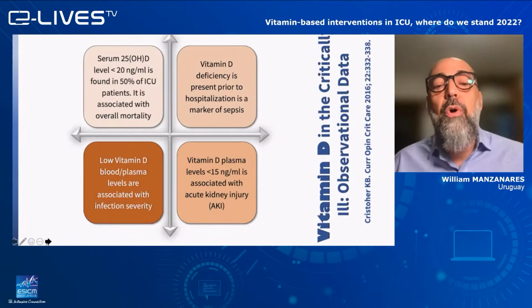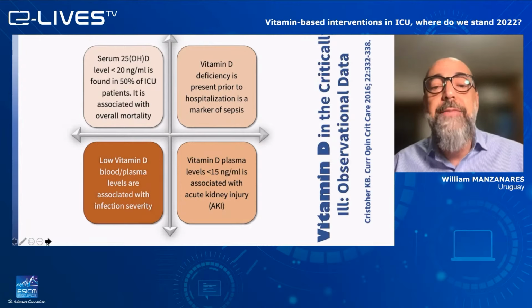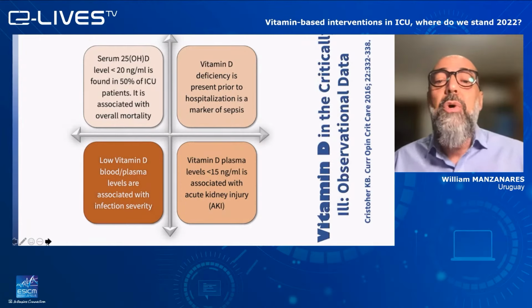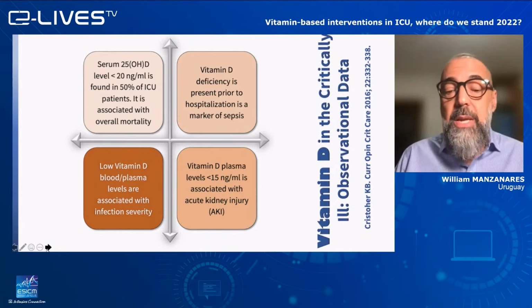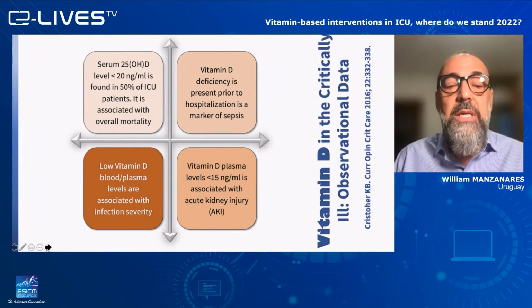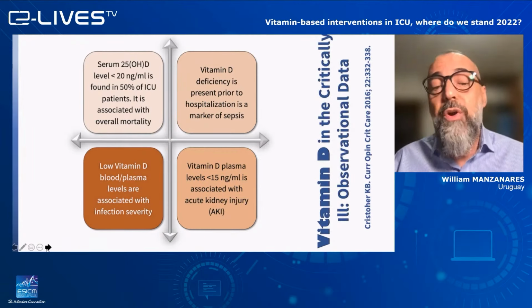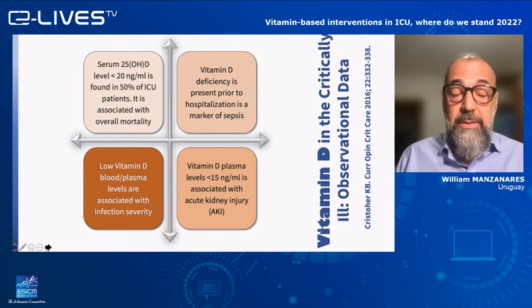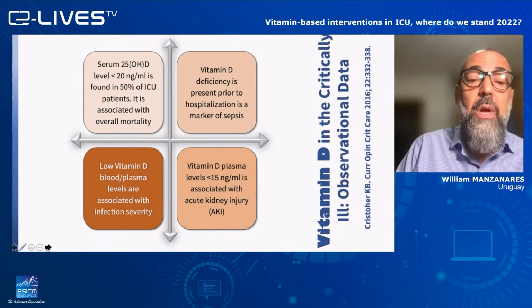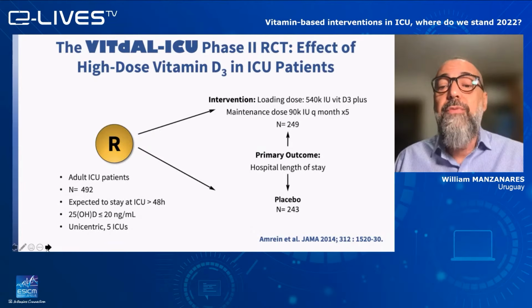What is already known on vitamin D status in the critically ill? Well, according to data derived from observational studies, we know that vitamin D deficiency is frequent in the ICU. Low vitamin D blood or plasma levels are associated with higher overall mortality, as well as a higher incidence of acute kidney injury and a higher incidence of infectious complications. Over the last decade, several trials have evaluated the effect of high-dose vitamin D in different ICU patient